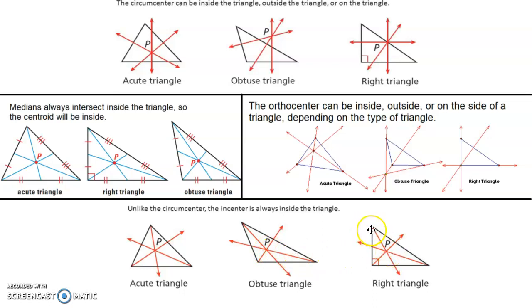You could also know that because it's going to be formed from angle bisectors, and an angle bisector is always going to cut the angle in half, which means it's going to be on the interior of the angle, in other words, on the interior of the triangle. So hopefully this was helpful. If you take a look at this and try to commit this to memory, it would be very helpful in